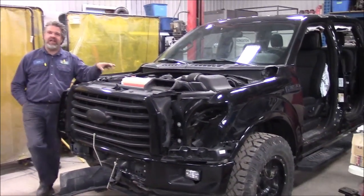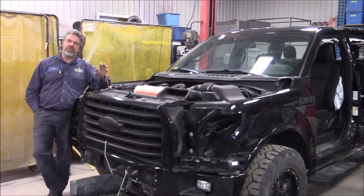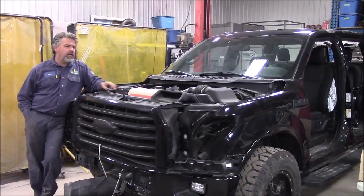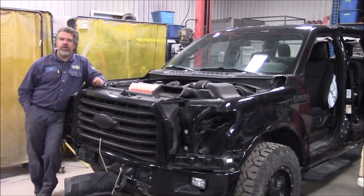I'd like to share with you this donor vehicle, kind of a sad looking truck right now. This is a 2017 Ford F-150, extremely low mileage, only 18,000 kilometers. This is a donor that we purchased for the project that we're doing, the 1977 Ford